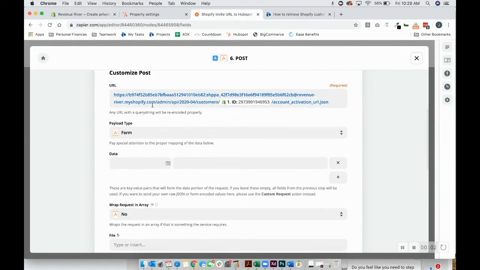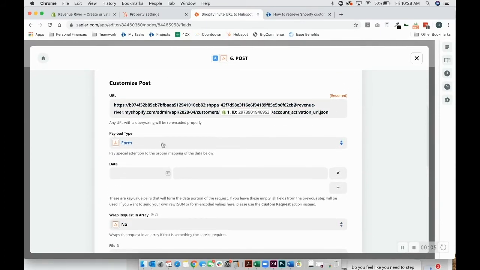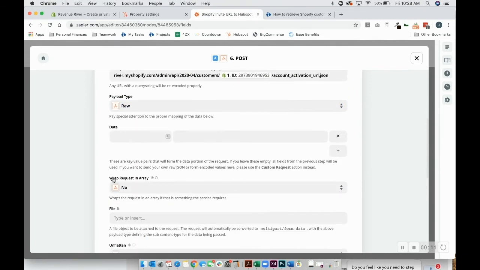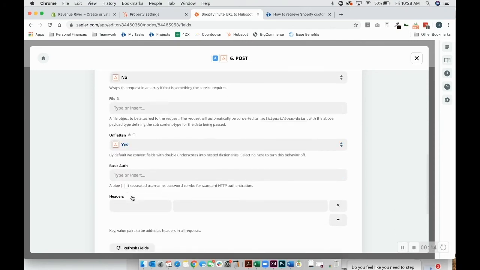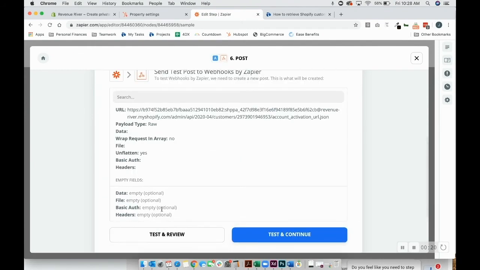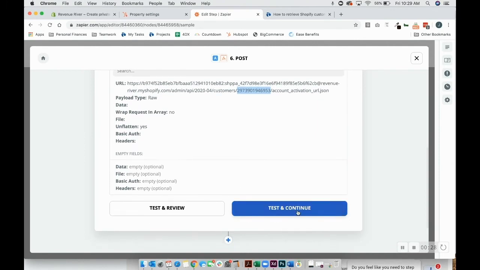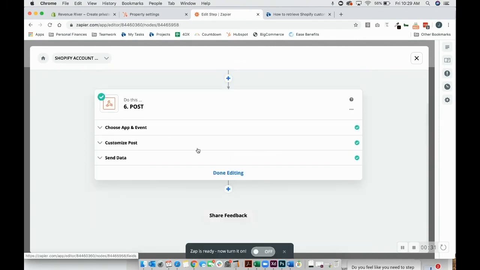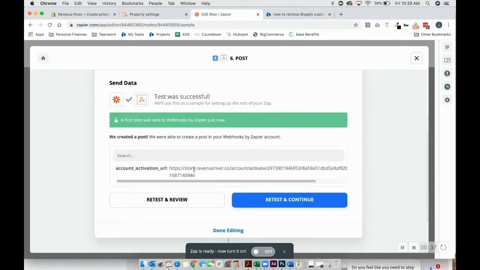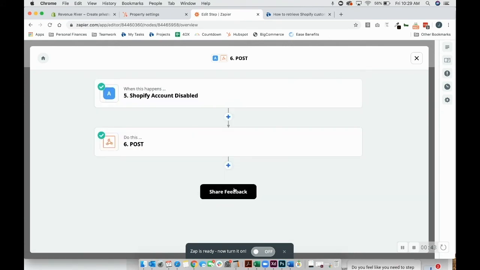So after you've created this URL, we need to update the customized post settings, change the payload type to raw, wrap request and array we can keep at no, unflatten we can keep it yes. So then just continue. Perfect. As you can see here, it's updated that customer ID with the actual customer ID, and everything looks good here. So test and continue. Perfect. So if we pop that open, that is your URL, and that's been populated in your new account. So if you click done,